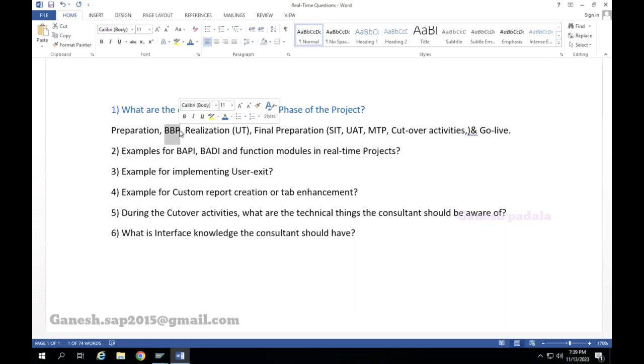Challenges in blueprint means the business will not explain the pain points properly, or when they're explaining, the correct expert may not come, or if they miss one or two points, that will be a pain in UAT. At UAT time some discussion will come: why didn't you give it in the blueprint, is it a change request? During blueprint we understand that MM has 25 developments, WM has 10 developments, FI has 40 developments. So we finalize and we put a cost on it.